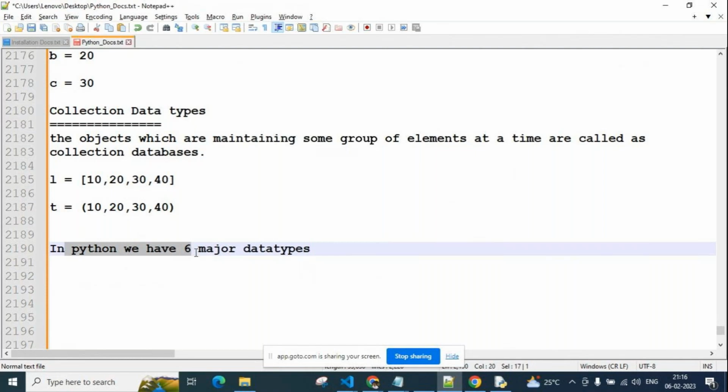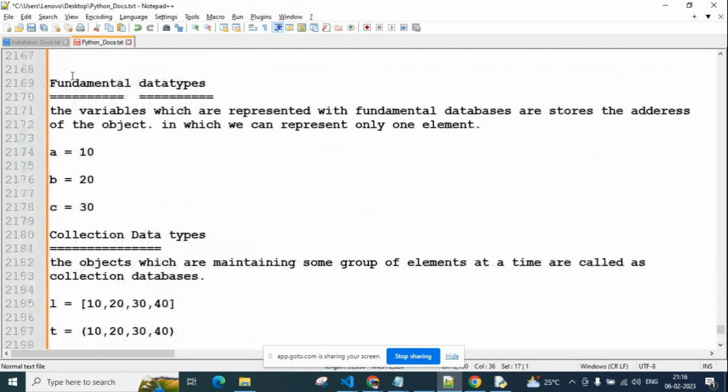So based on the values we are storing in one memory allocation, we divided them into 2 types: fundamental and collection. Don't get confused, guys. In one memory allocation, based on how many values we are storing, only these 2 come. This is just for knowledge.